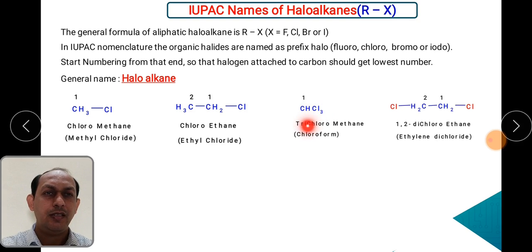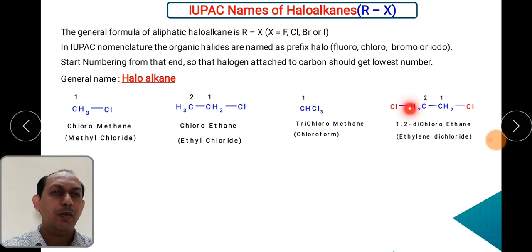Then this is a compound which has 3 chlorines. So what will we name it? 3 chlorines and only one carbon. So the name will be trichloromethane. It is also popularly known by the commercial name chloroform. So remember, chloroform is the compound which contains only one carbon and 3 chlorines. So it has the IUPAC name trichloromethane. Suppose if there are 2 chlorine groups and a CH2 group, then dichloromethane will be the name.